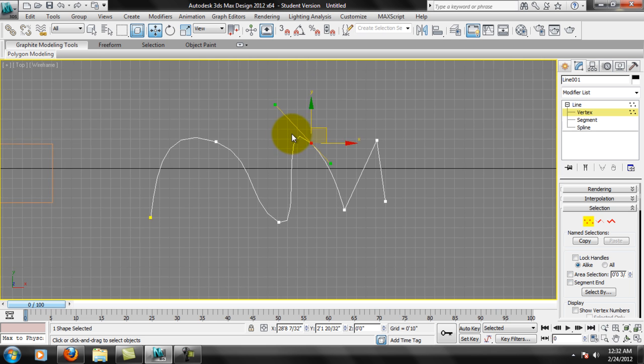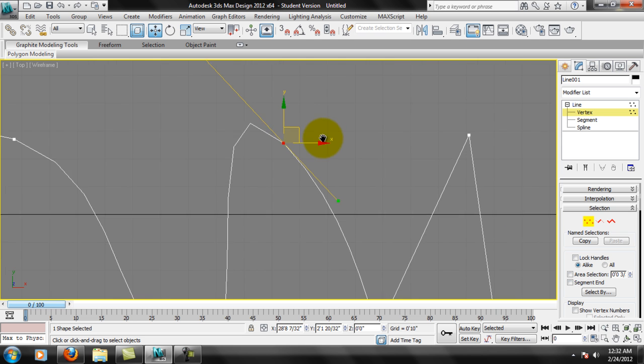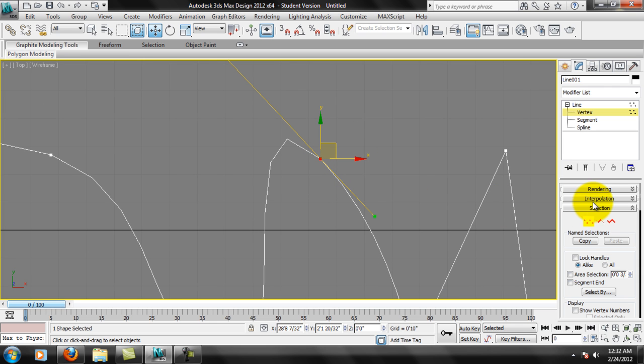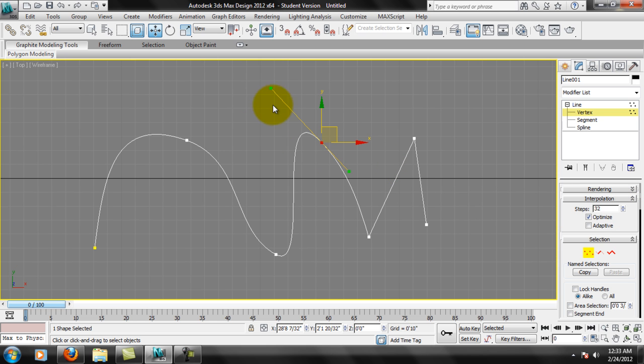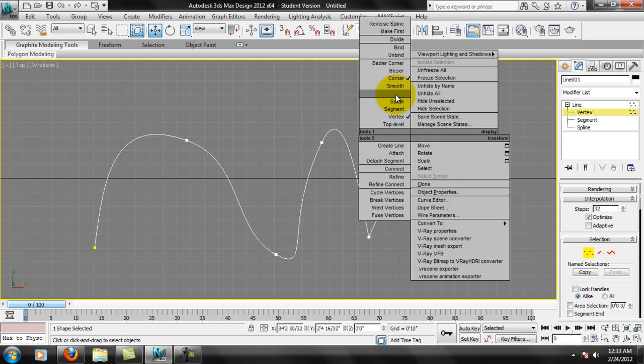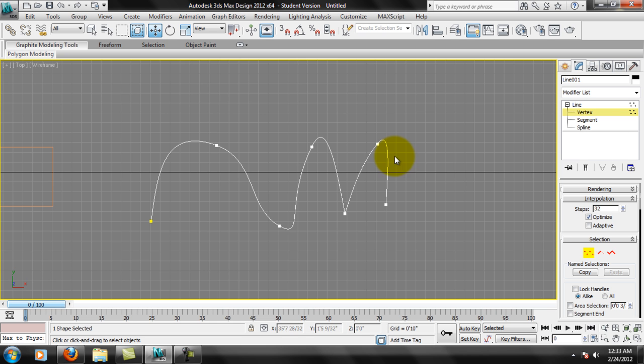You might notice how choppy that is. See how pointy that is? Okay, that again just has to do with the interpolation or the amount of segments. And if we look over here, we can see that it has 6 steps by default. Notice as I take that up, that becomes smoother and smoother. And again, 32 is usually where I keep my curves. And that's much smoother now as far as the Bezier is concerned. So again, you just basically select the individual vertices and convert them as you need them. Pretty straightforward stuff. So if I now add an extrude modifier to this,